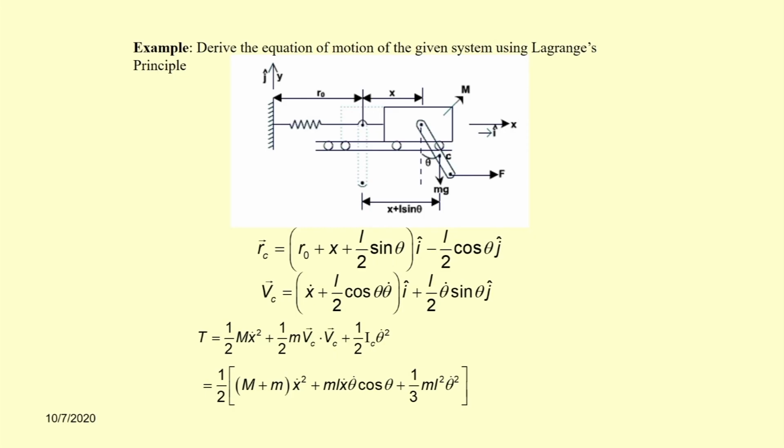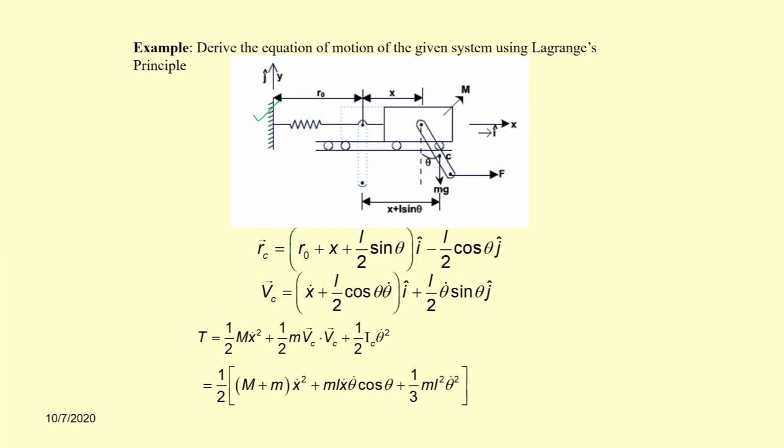To solve this type of problem, first you write the position by using the position vector. Here we have fixed the physical coordinate system about this axis, the y axis. So we can write the position vector. After writing the position vector, we can write down the velocity term. After writing velocity, we can find the kinetic energy and potential energy,